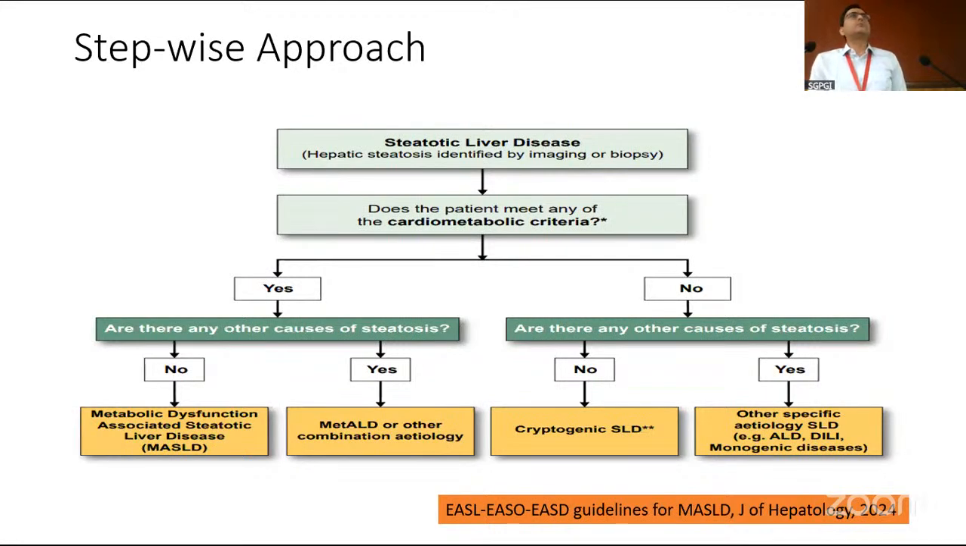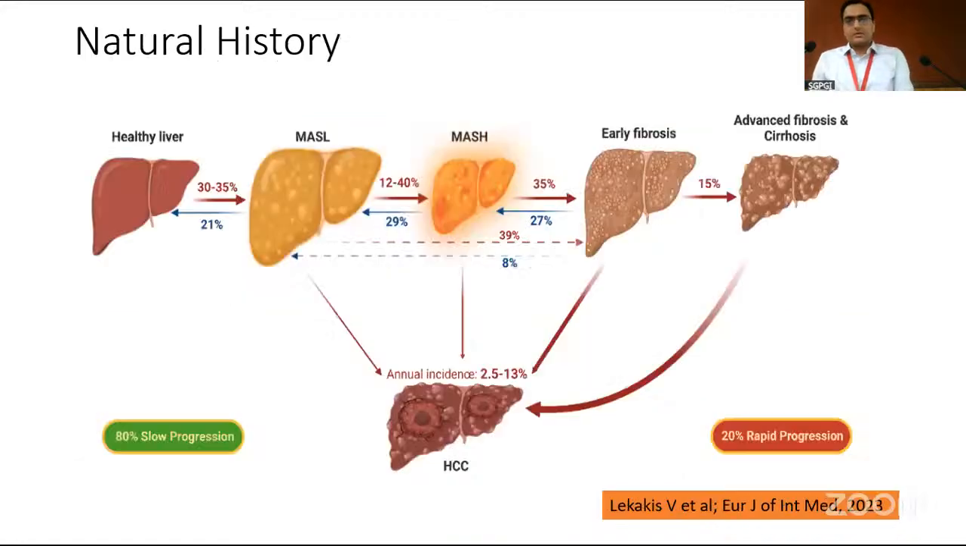If along with metabolic risk factors, we also have a combination of ethanol intake, and if there are other causes like significant drug intake which can cause steatosis, these also need to be ruled out before labeling a patient with MESLD or MetALD. So after this, we know the natural history that if a patient has metabolic associated steatotic liver